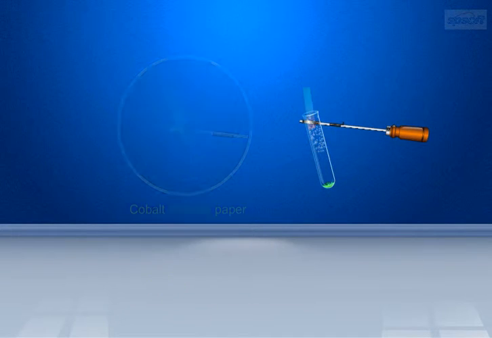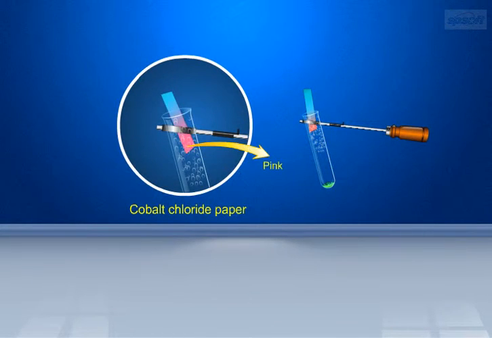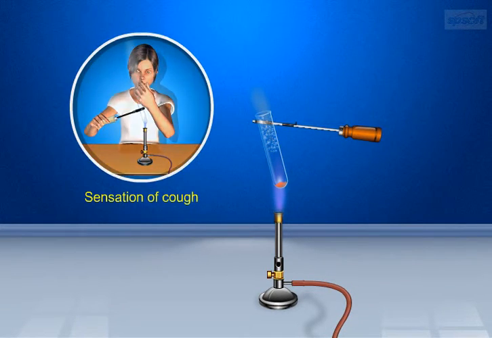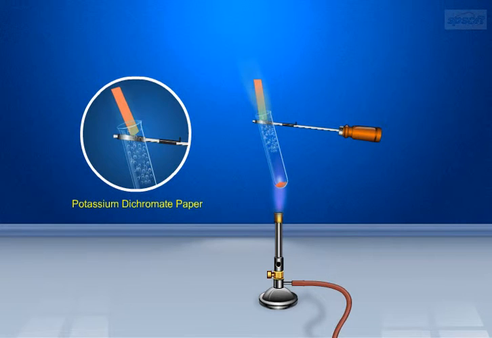When steamy fumes stop coming, reheat the test tube strongly for a few minutes and smell the gas slowly. Test the gas with acidified potassium dichromate paper. Observe the color of the residue in the boiling tube. When we pass the gas over the acidified potassium dichromate paper, its color changes from orange to green. The chemical equation of this reaction is: